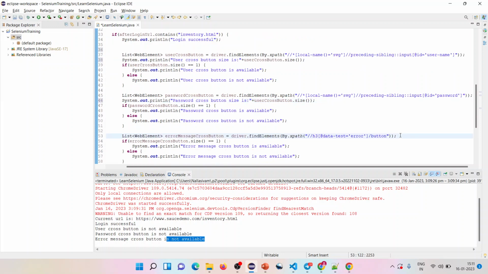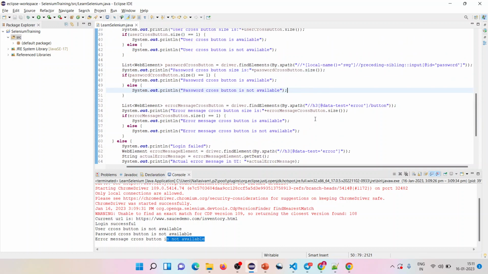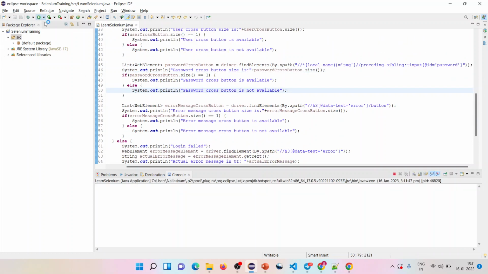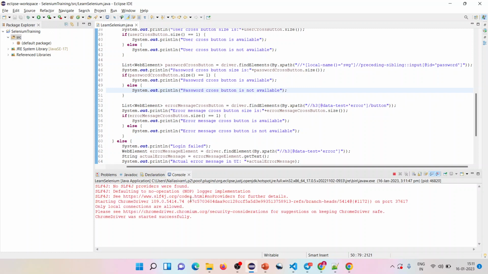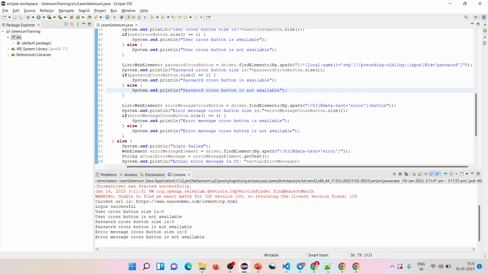Likewise for error message. So error message cross button dot size and password cross button dot size. Now you can see the size 0 will get displayed. See, user cross button size is 0, password cross button size is 0, and error message cross button size